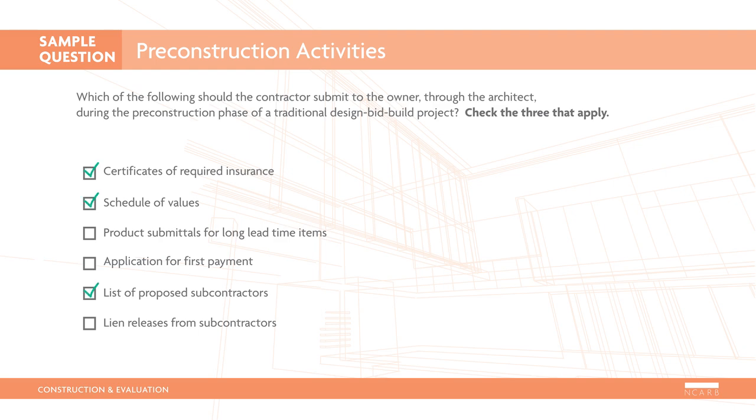These are the correct responses. Certificates of required insurance, the schedule of values, and a list of proposed subcontractors are 3 of many items that the contractor is required to submit prior to starting a construction. Product submittals cannot be submitted until the list of subs is approved and subcontractors are awarded. No payment is due to the contractor until work has actually started, and lien releases are required before final payment. This is a UA level item requiring an understanding of various construction-related documents and the phase at which they must